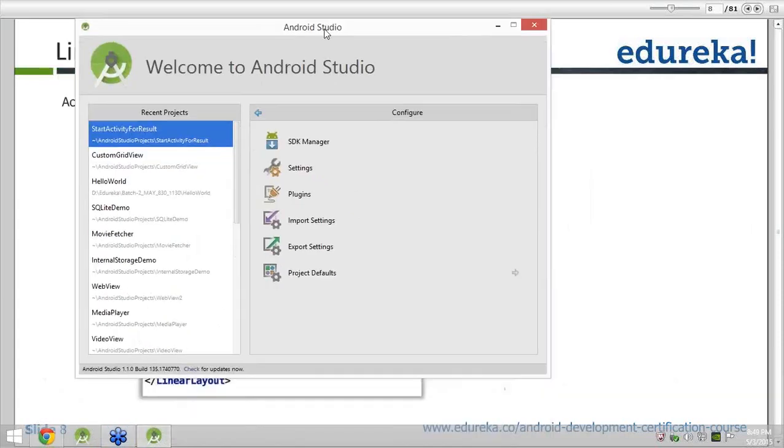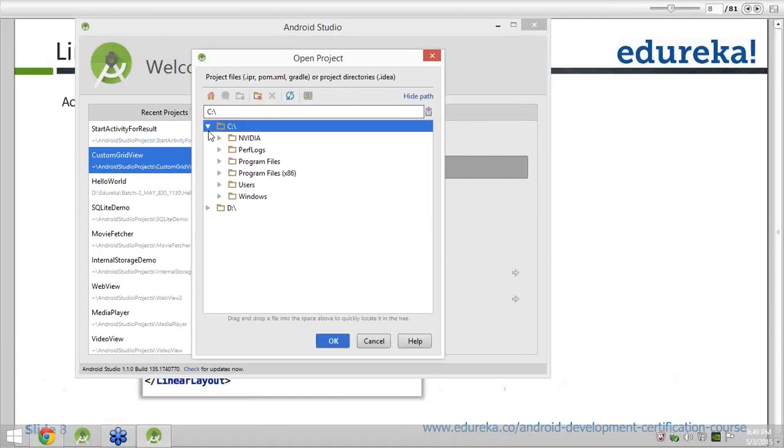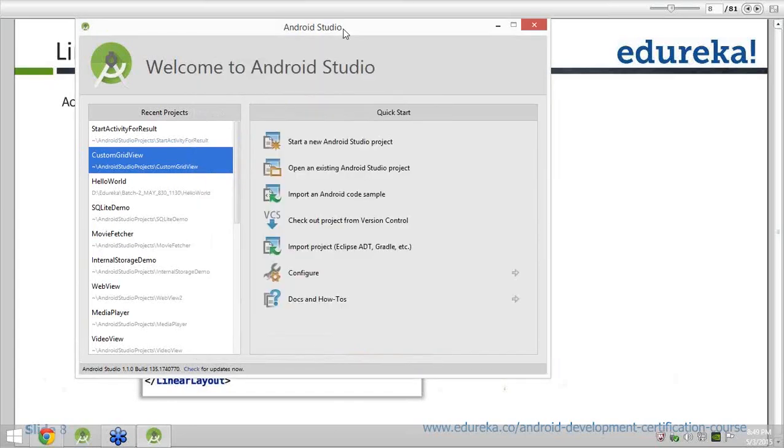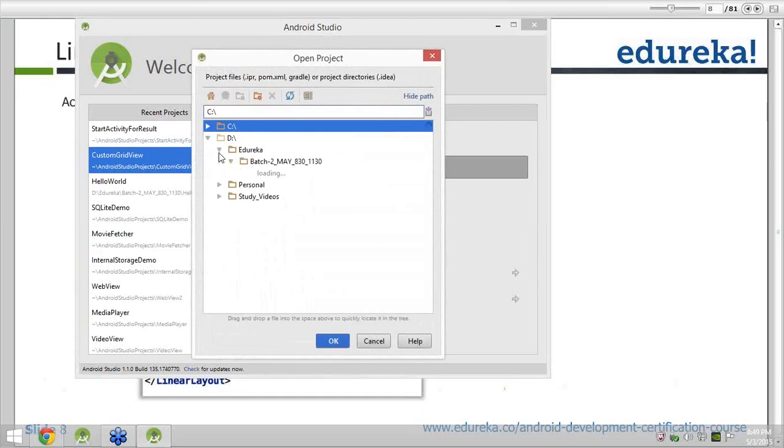So I would be taking the practical example. I will be opening a project. I already have one project with me, and I'm going to share those code snippets with you. Whenever you download the code snippets, you have to open Android Studio and click on Open an Existing Android Studio Project. After you click on that, you have to point to the particular example which I have shared with you. Right now the example resides in the D drive,